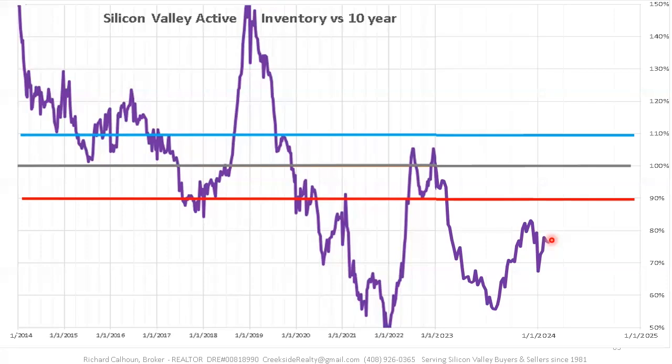Now to make it a little bit easier, I've stretched it out. I've stretched out the typical marketplace, and down here in the red area, that's a hotter marketplace than typical. Up here in a blue market is a cooler market than normal. The only line that is relevant to the previous graph, though, is the purple line and the gray line. So now I'm comparing inventory to where it should be. So we're basically, as you can see, somewhere around 76% of the inventory that you would expect at this time